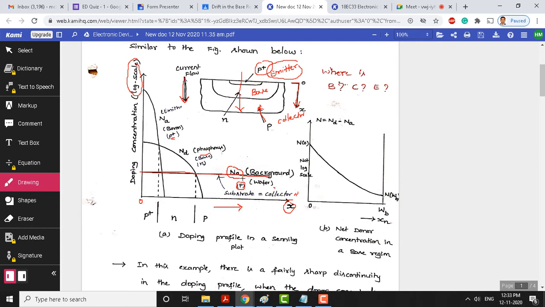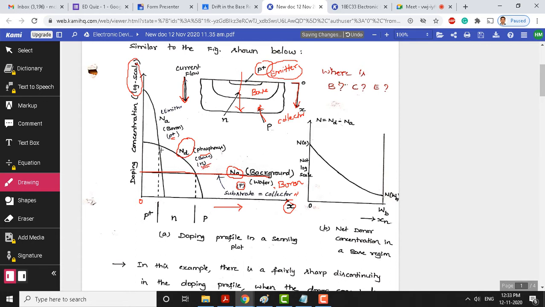The background material we already have is Na, the acceptor impurity, that is boron, and if you want to override this, then this quantity must be larger compared to the boron. Boron forms the p type of material here. Let me write it here, boron. If you want to override this background or base material, then the amount of impurity to be added must be larger than this. So that means you are converting p type material to n type material. So the base should be of n type here.